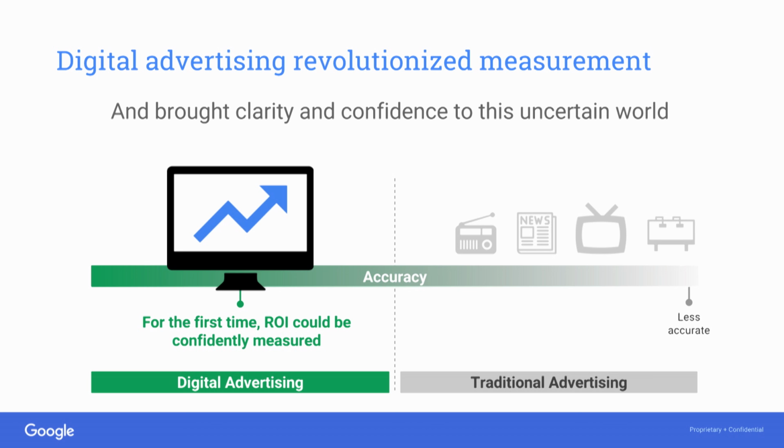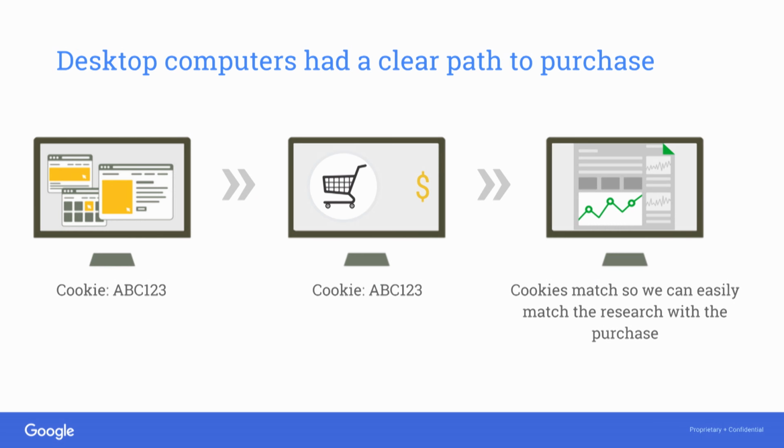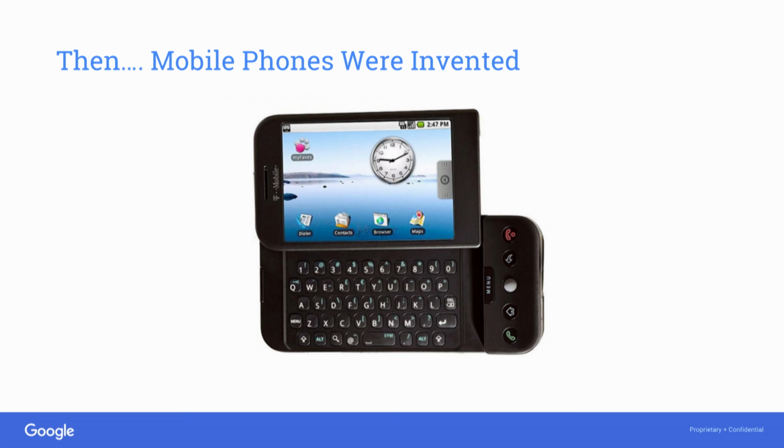And then, when we take a look here, which is the reason we're all here today, in 2000, AdWords was born, right? And the whole point is digital marketing completely revolutionized the way we think about measurement. We have this kind of spectrum of accuracy that we can see here, and it was the first time that we could accurately measure the return on investment from a click to an actual conversion. And part of the reason this was so revolutionary at the time is because it was a one-device world, as all of us remember. So because cookies lined up across desktop, we were able to easily match the research and discovery with that final purchase. Which is no longer the case with the invention of mobile devices, obviously.